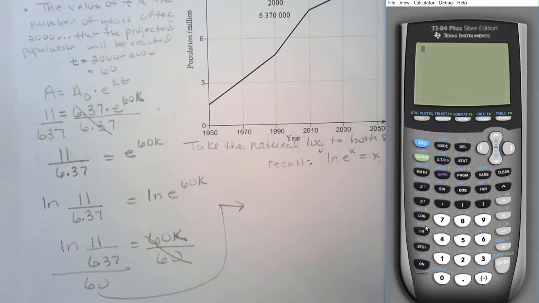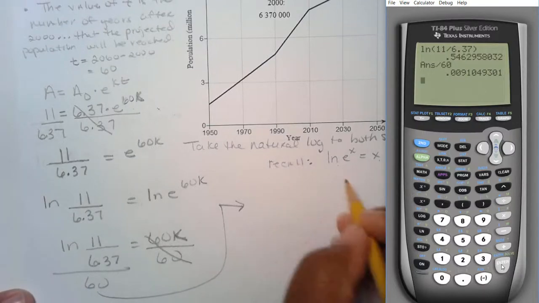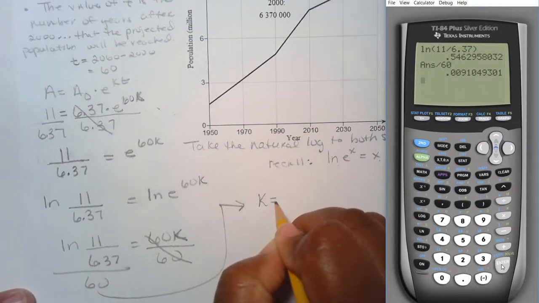We have here ln of 11 divided by 6.37. We're going to close it with the parenthesis, and I'm going to go ahead and press enter. And then divide by 60. Press enter. And we're going to round to 2 decimal places. Okay. So we have k is equal to